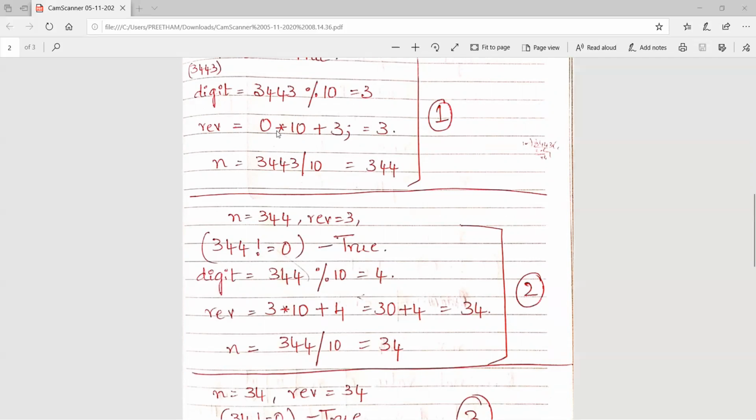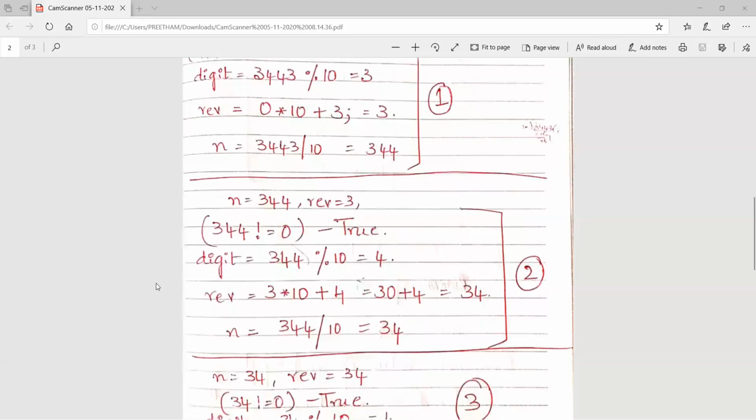So 10 into 0 is 0, 0 plus 3 gives you 3. This is the new value of the reverse variable. Next, n is equal to n by 10, that is 3443 by 10 gives you 344. This is the operation that happens in the first iteration. Now we have the new value for n, that is 344, and the new value for reverse, that is 3.